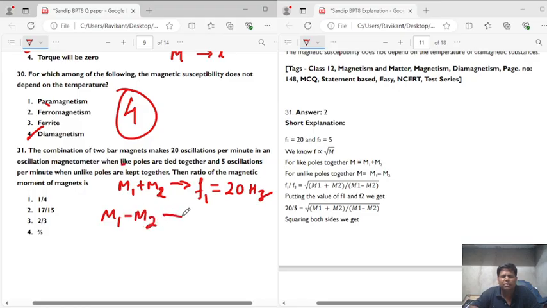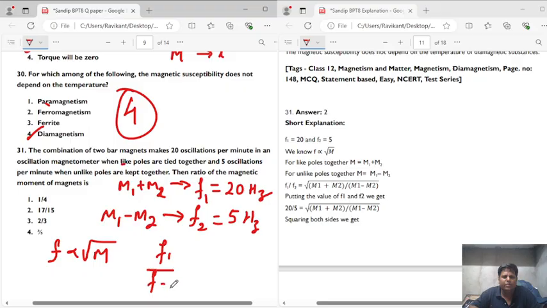For this case, for unlike poles tied together, it is 5 oscillations per minute. So frequency F2 is equal to 5 hertz. And we know the relation that the frequency of oscillation F is directly proportional to the square root of M. So from here we can say that F1 upon F2 is equal to the square root of